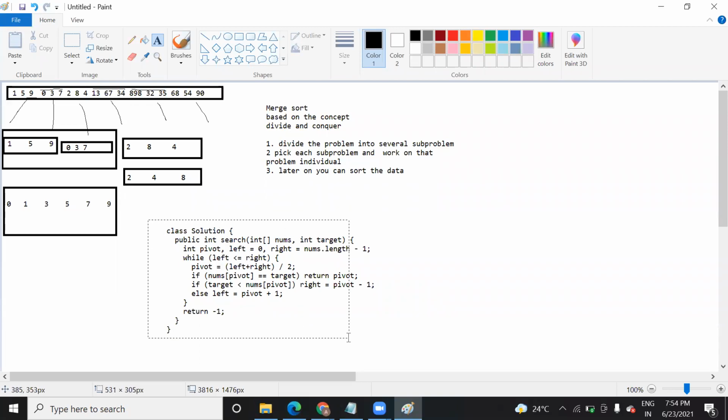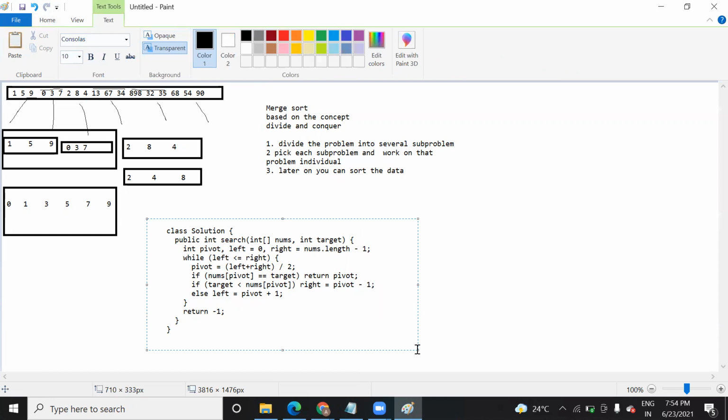By the way, I forgot to ask: when the end is odd, it should practically have two middle values, right? Yeah, so if you take an integer, obviously 7.5 is there. In C language it will take 7, so it will start from there. If you take it as a float or double, then it will consider 7.5, but the whole solution will go wrong. 8.5 won't work. That's why we have taken integer.